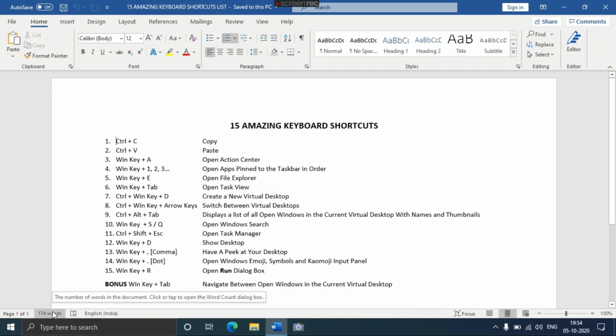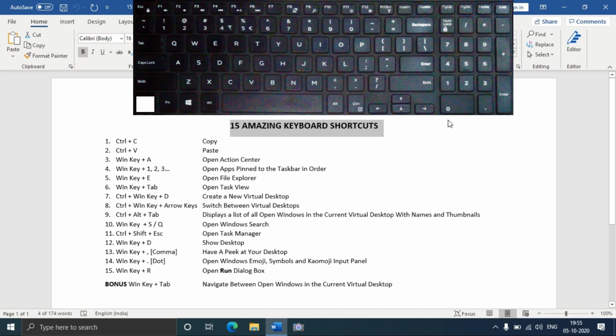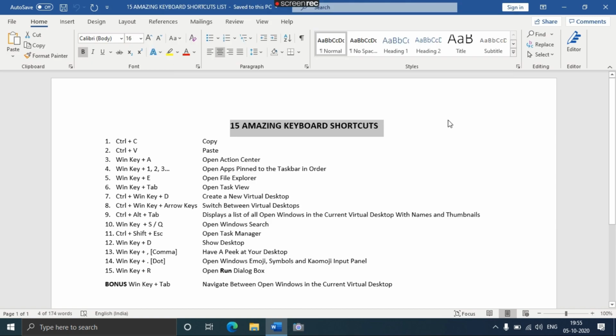So here I have opened a list of all the keyboard shortcuts that we'll be discussing in this video. The first two shortcuts are Control C and Control V. I said these together because they're part of the same thing. Like we select some text, like I'll select this heading, hold down the Control key and hit C. So this text is now copied to my clipboard.